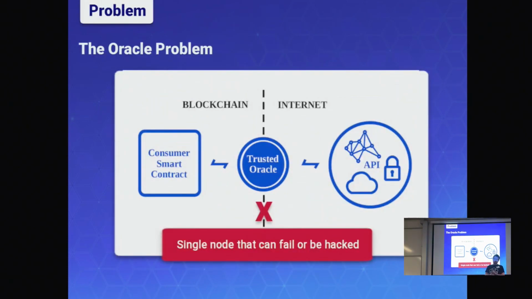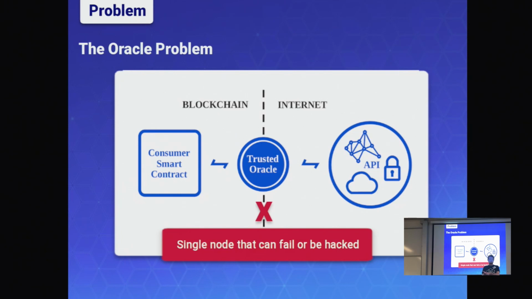And the main thing here is the Oracle problem. I know that this was mentioned earlier, so I won't go into it in great detail. And if anybody here doesn't know about the Oracle problem by now, I'd be very surprised. But essentially, if you make a smart contract rely on one oracle for external data, it removes any benefits from